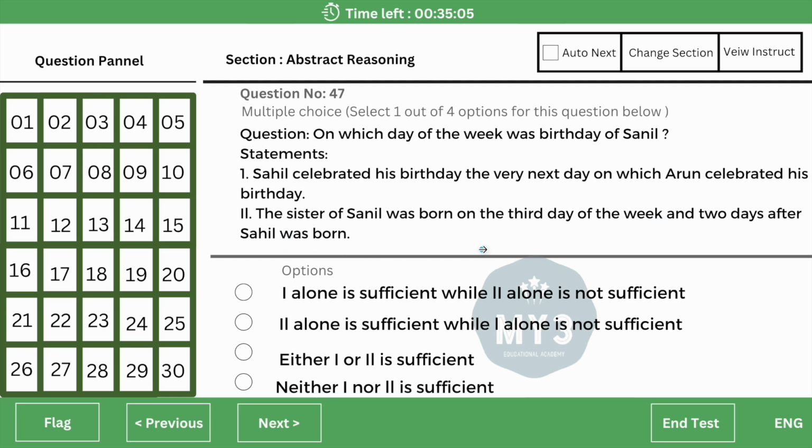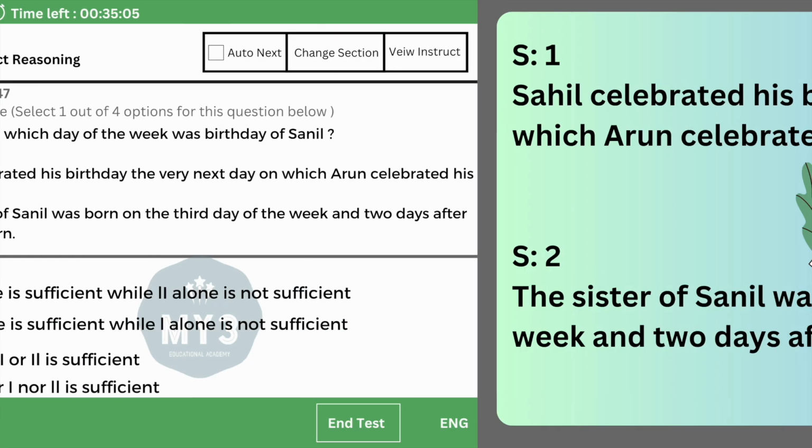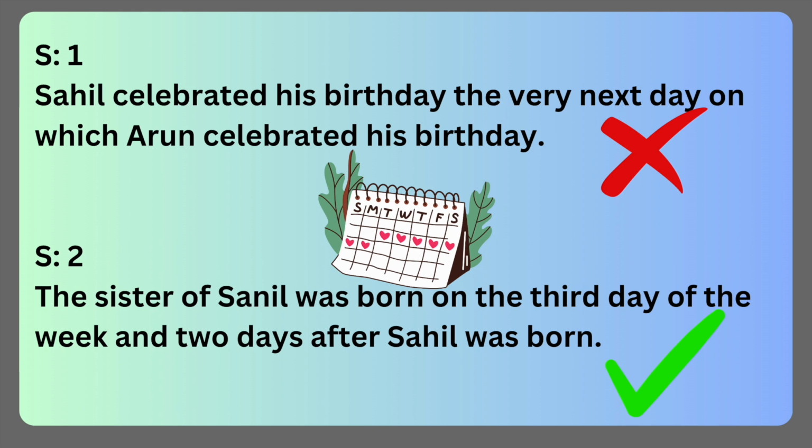So after 2 days means, if Wednesday is his sister's birthday, he will be born 2 days after, that means Thursday or Friday. Exact answer is not required. What is required is you have to look at the statements and tell me which of the following will be sufficient. So you can definitely say the first statement is not sufficient because we cannot figure out the day,